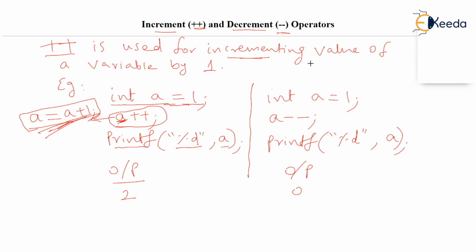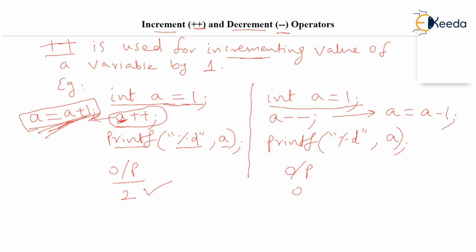Let's see, suppose a is an integer variable and its value is 1, and we do a minus minus or minus minus a. Whether minus minus is written after a or before a, it makes no difference in this program, or in this expression. So a minus minus actually means a is a minus 1. A should become a minus 1, so it is the decrement operator. Obviously, as a was 1, a will become 0 after this expression,